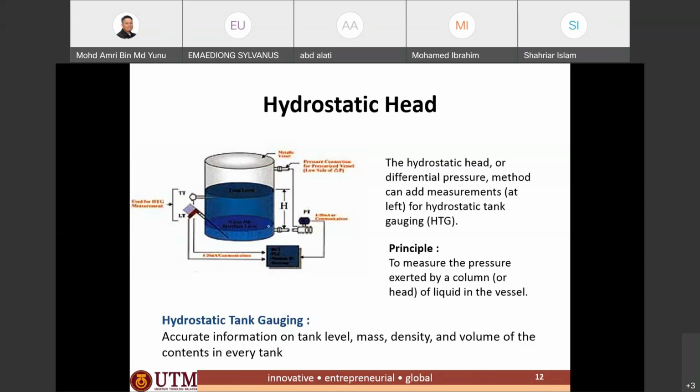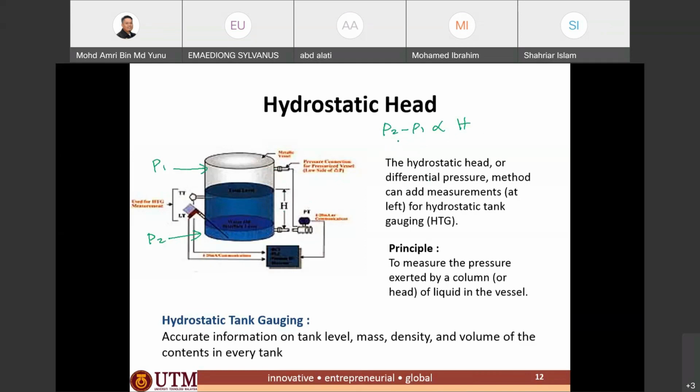So if we mark the pressure at the bottom as P2 and the pressure at the top as P1, the pressure difference P2 minus P1 will be proportional to the height of the material or the liquid level,